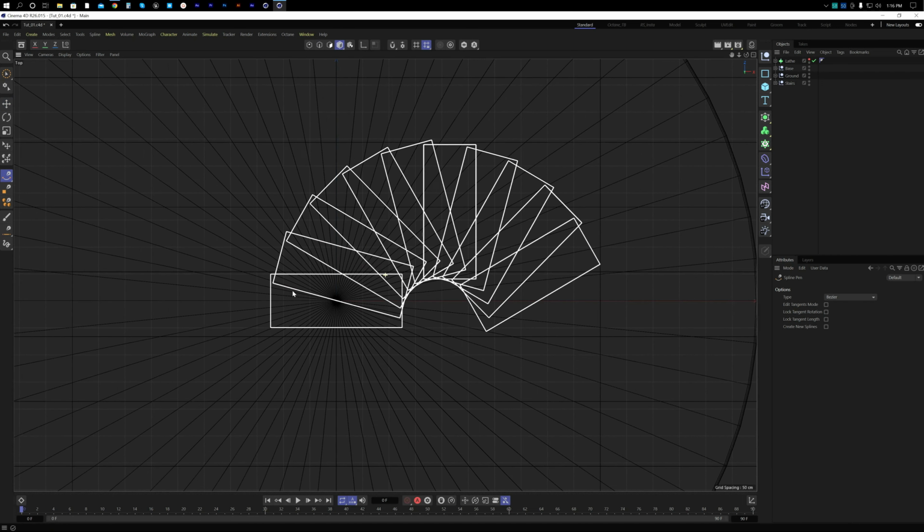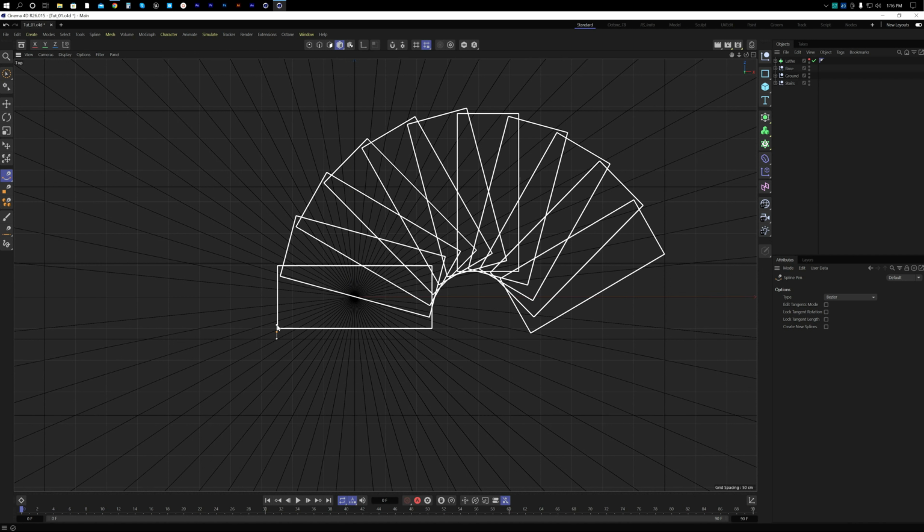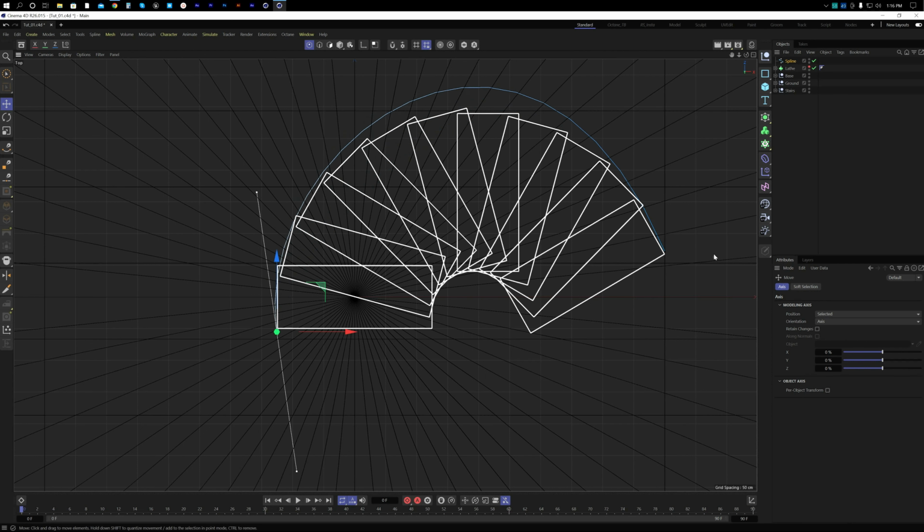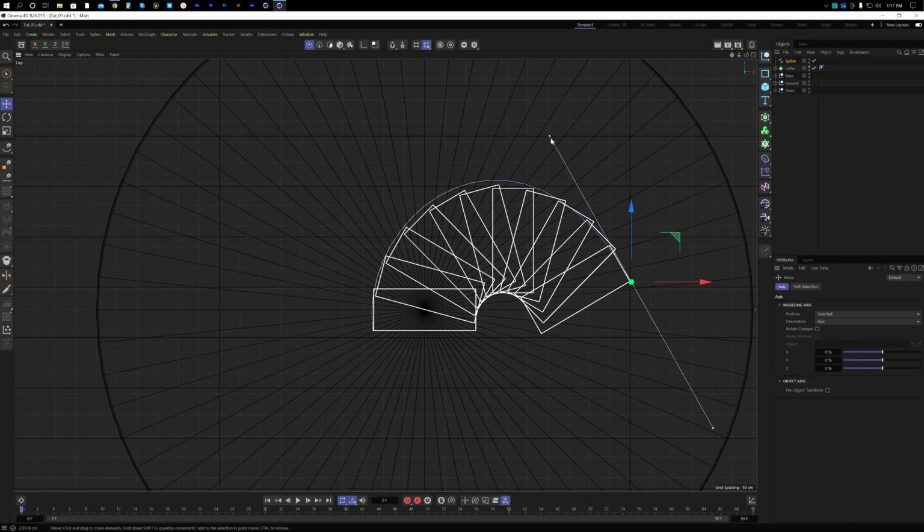spline pen. And to make that, we can easily create a shape like that, ESC and then E. Something like this will be fine, I guess, but we can always adjust that. And